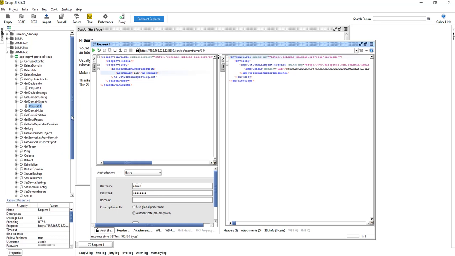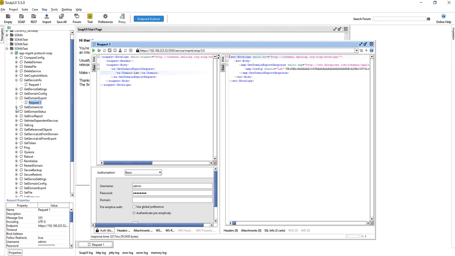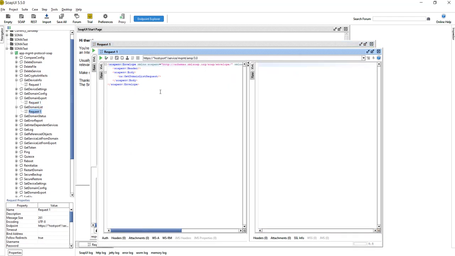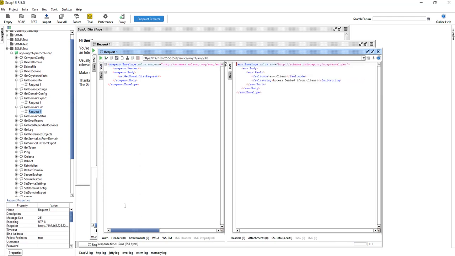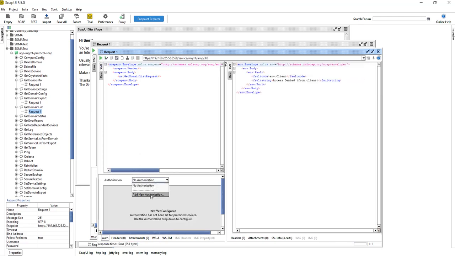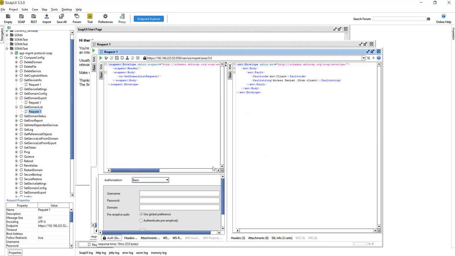If you want to get the domain, get domain list. Okay, if you want to check how many domains we have in our DataPower, we'll go here. As I told you, every time we need to edit the URL. Okay, so let's run it. We need to pass the credentials as well, so we'll pass the credentials again. So let's run this one. So you can see we have 3 domains: default, lab and test. And I'll tell you one more thing,